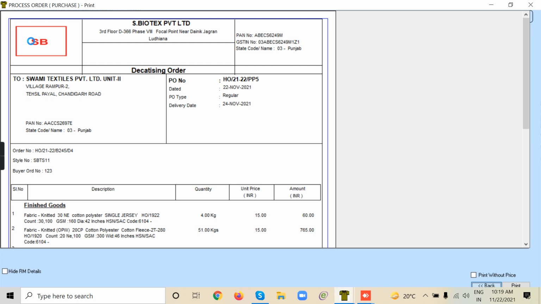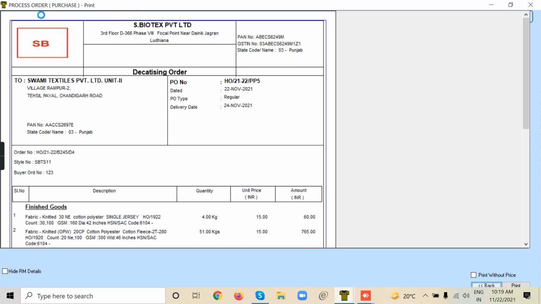Of course, we are in the test DB. You can do it on the main DB. Of course, we haven't started the main DB yet. That also we'll have to consider.